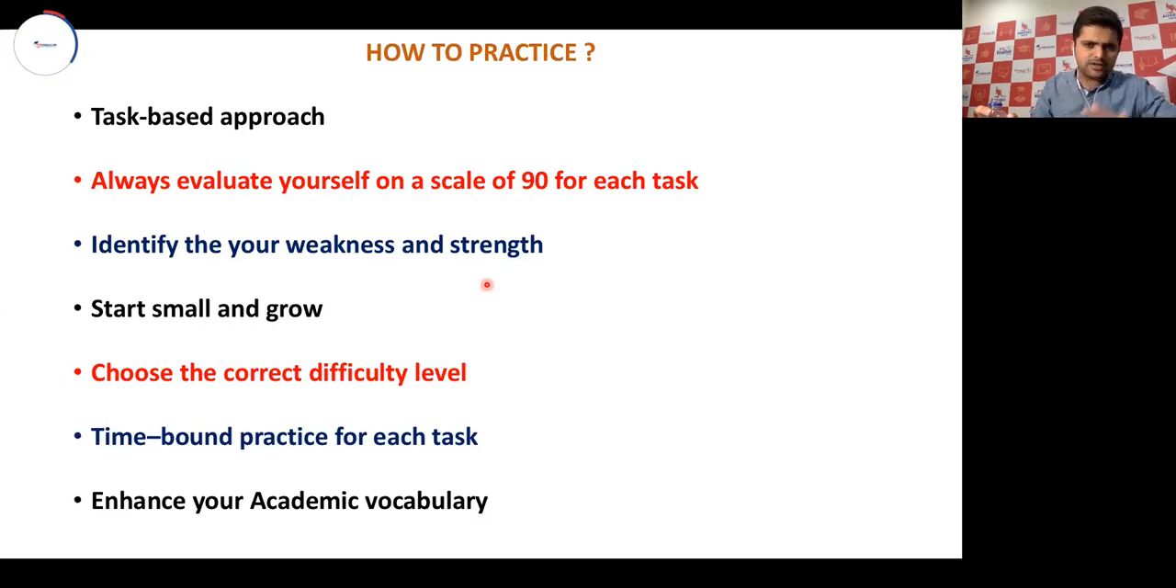Otherwise, if you keep on giving multiple attempts of the test, just hoping that someday I'll get my desired score, it's not going to work like that. You have to evaluate yourself for each task out of 90, identify the task where you're not scoring your desired score, and practice those tasks in particular. And if you are still not able to improve on those tasks, then yes, there are definitely